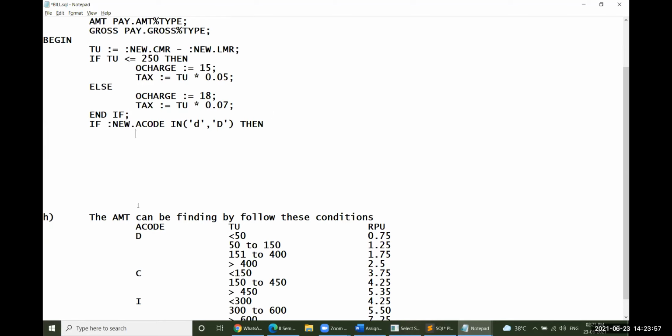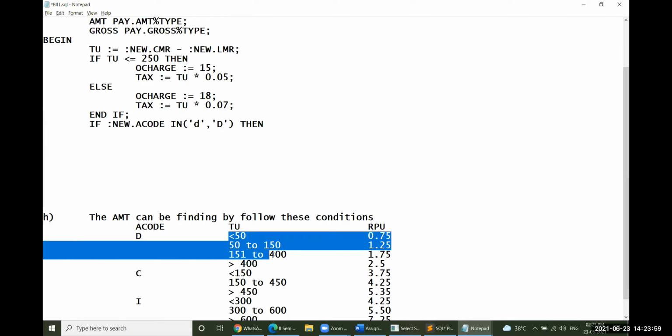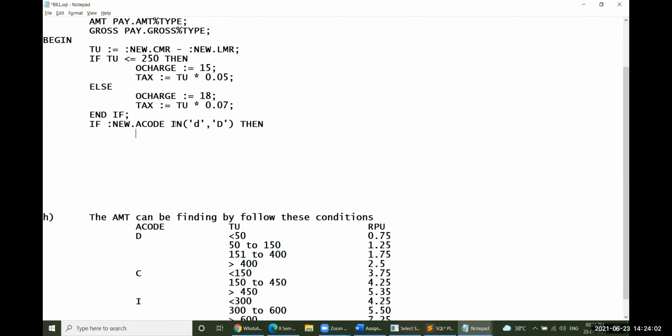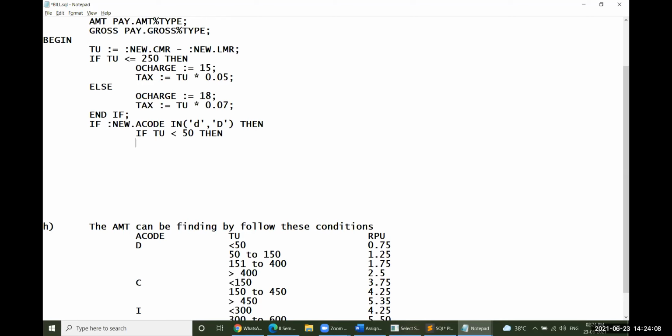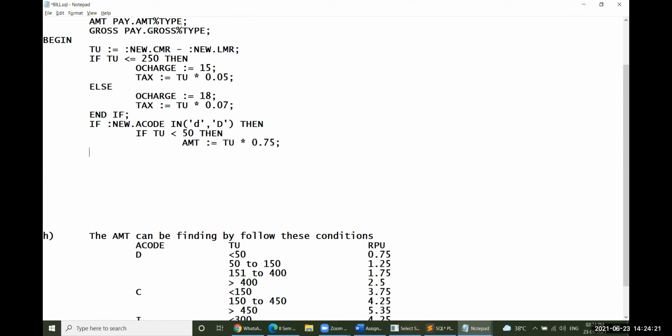then we need to consider all these conditions. Let me write those conditions here. If total units is less than 50, then what is the amount to be paid? AMT will be equal to total units TU into 0.75 paise.